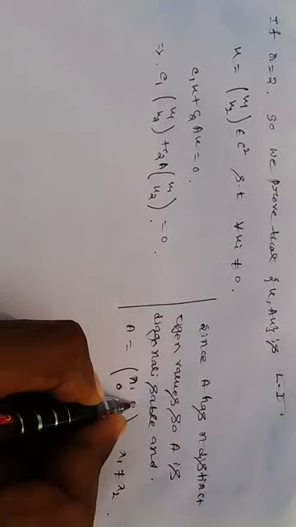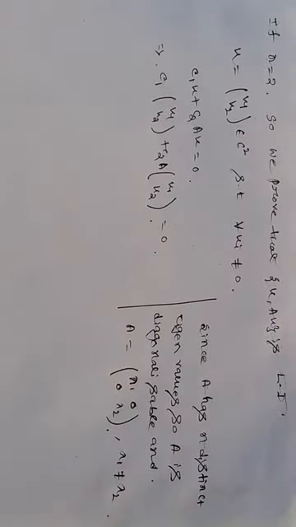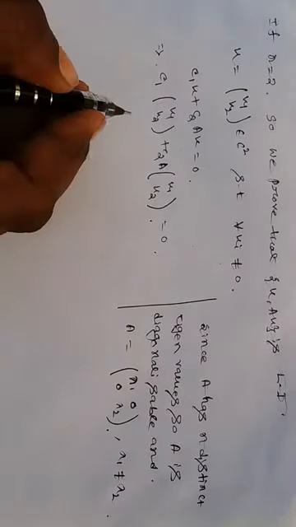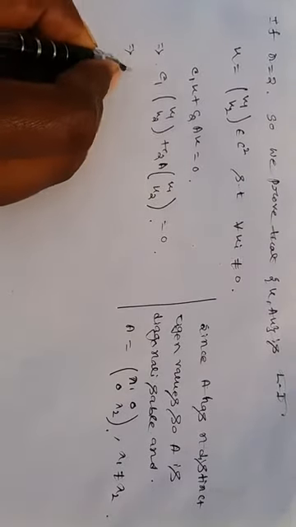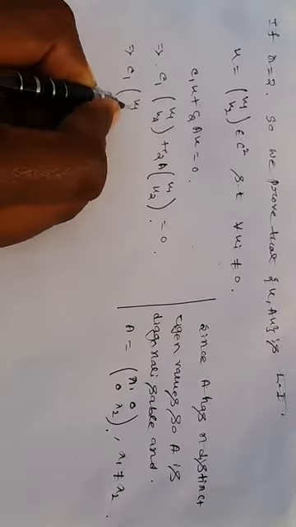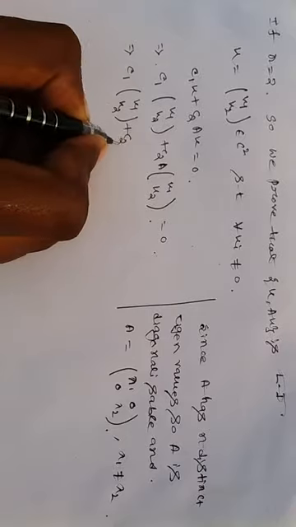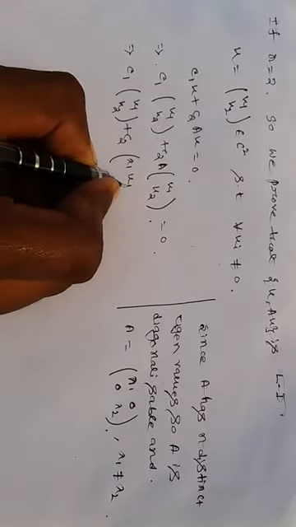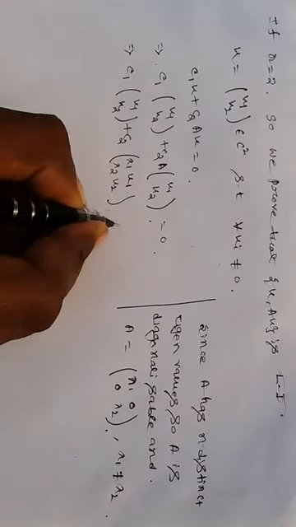Since this is diagonalizable, the eigenvalues go to the diagonal elements. So this is C1 (u1, u2) plus C2 (lambda 1 u1, lambda 2 u2),